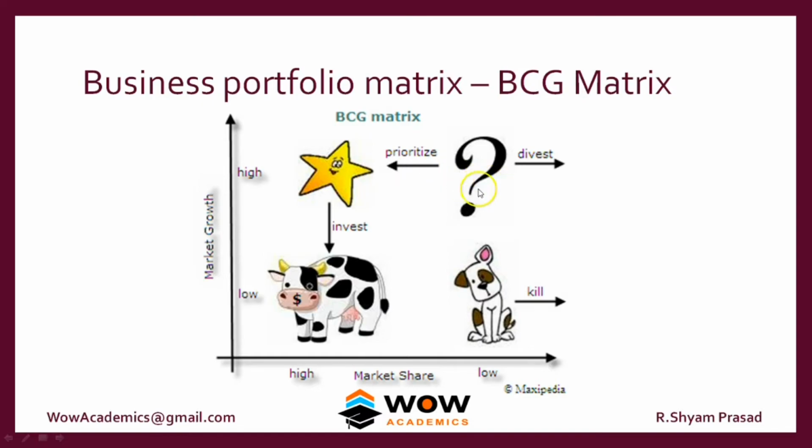So what should we do? Shall we put more money into it so that we will slowly get a higher market share and become a star? Or even if we put in money, we may not get market share, and the market growth rate over a period of time slows down and finally the same product can become a dog? If it becomes a dog, we can throw it out, no problem. But what will happen is the question. Whether it moves on to become a star because we are putting money into it, it's a question mark. Or whether market growth will slow down and it will become a dog, again it's a question mark.